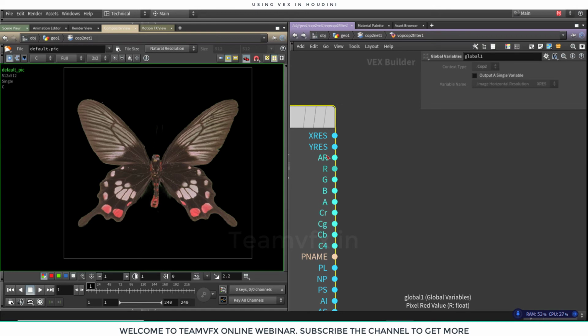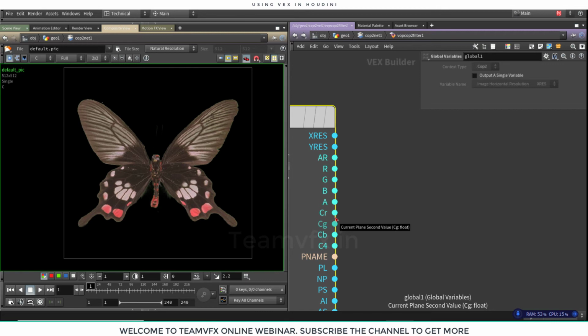Now there you can see there are four pixel options, that is RGBA. These are not channels, they are actually pixels. So it says how many red pixels are there in your image, how many green pixels, how many blue, and how many alpha pixels there are. So when you modify any particular pixel, I mean if you want to convert the value of red, you can use that pixel.